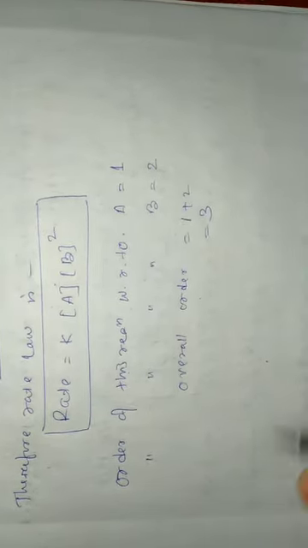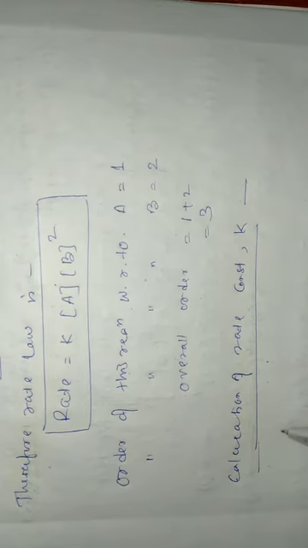Now we have to calculate the value of rate constant k. Calculation of rate constant k. To calculate the value of rate constant k, we can take the help of any one experiment, any one experiment. So in the experiment number